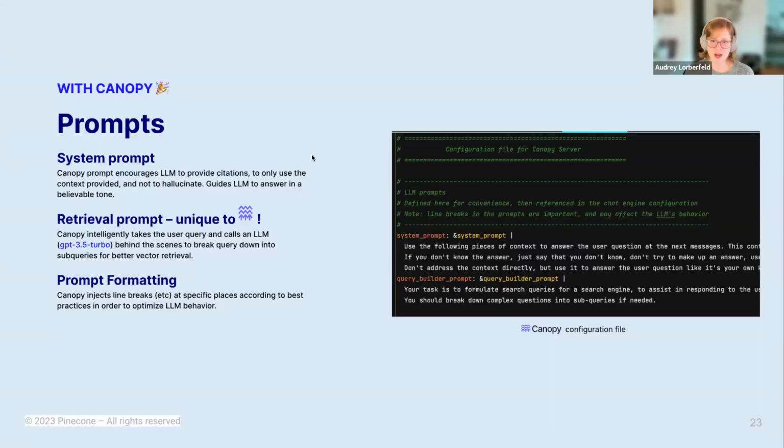I'll go into this configuration file in a minute in our live demo. But essentially, we have the system prompt here. It says, use the following pieces of context to answer the user question, blah, blah, blah. And then the second prompt you see here in the configuration file is unique to Canopy, and it's one of my favorite things. If you have ever done any search engine work, which is my background, if I didn't mention that before,